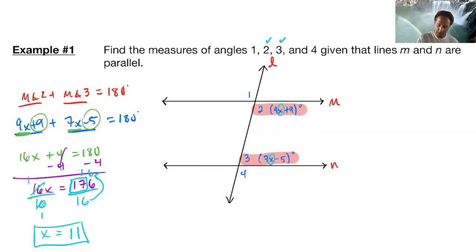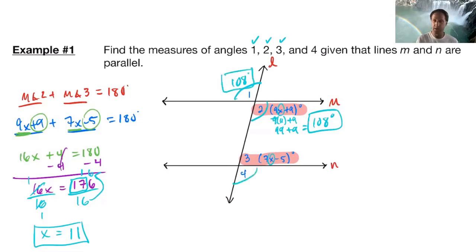So plugging in 11, I get 9 times 11 plus 9 more. So that's 99 plus 9, which is 108 degrees, which makes sense for my answer because I know that this is an obtuse angle. Wait a minute. I actually know angle 1 then as well, don't I? Because those are what kind of angles? Hopefully you said vertical. And therefore I now know angle 1 is also 108. Wait a minute. I also know that angle 4 is the same as angle 2. Because those are what are called